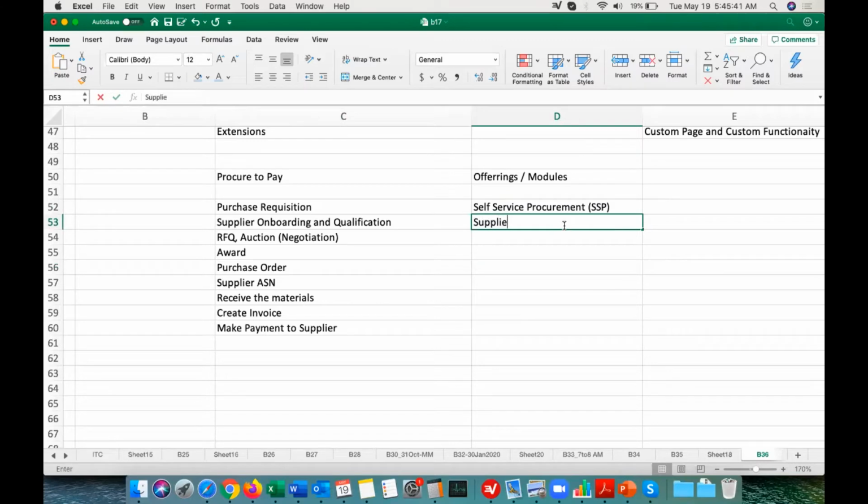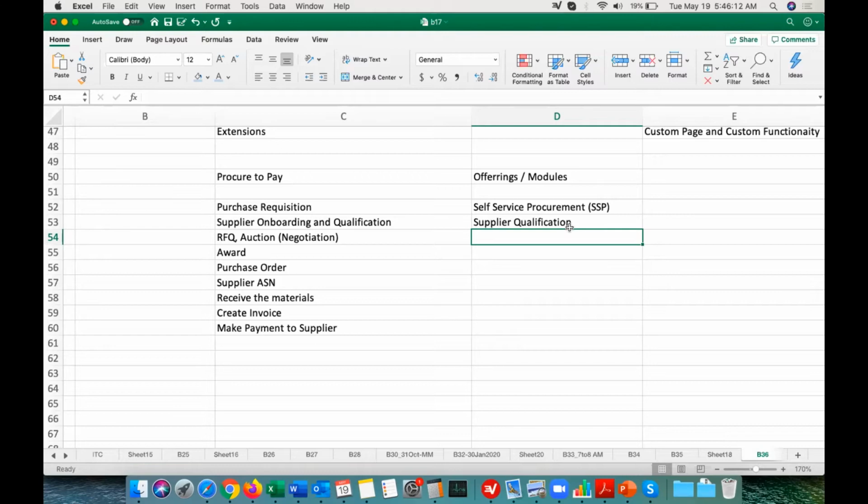So this can be achieved through the supplier qualification module. This is the second module, second offering which you are going to see. Using the supplier qualification module, whenever we register a new supplier, you can send out questionnaires to them: whether you are ISO certified, whether you are environmentally certified, what is the total number of employees you have, please provide your tax registration certificate.